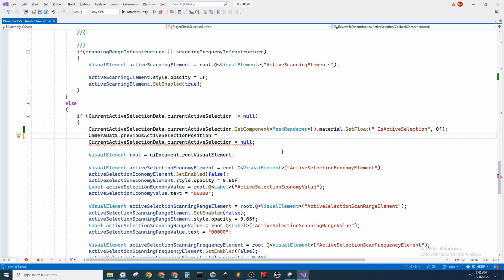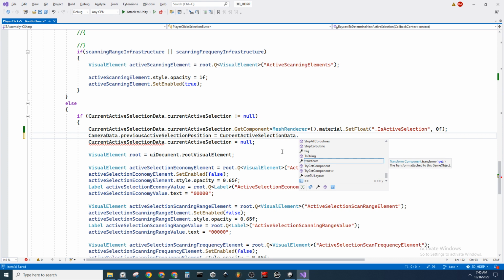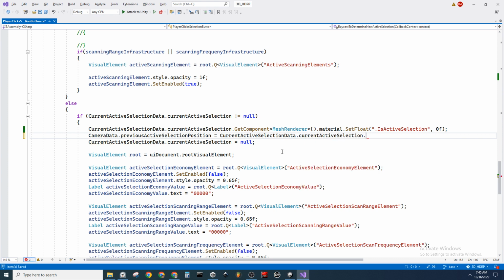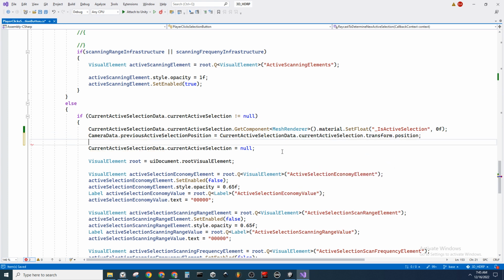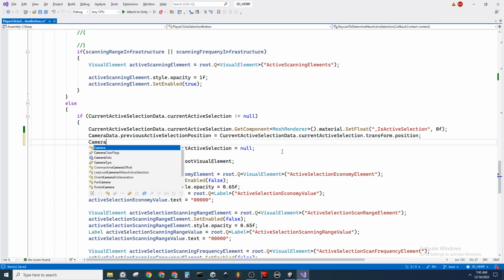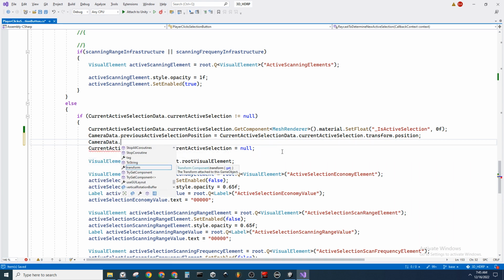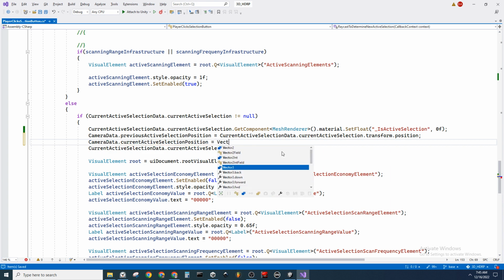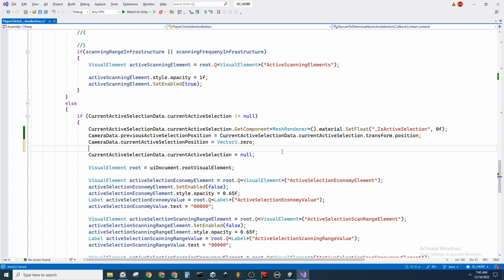So the previous position is current active selection data dot current active selection dot transform dot position, and then camera data dot current active selection position actually is just a vector3.0. And I have to say